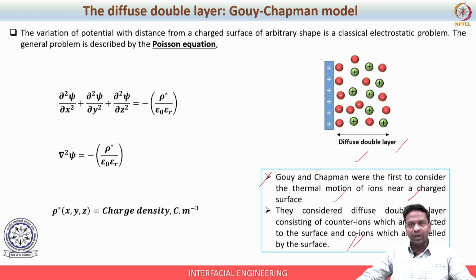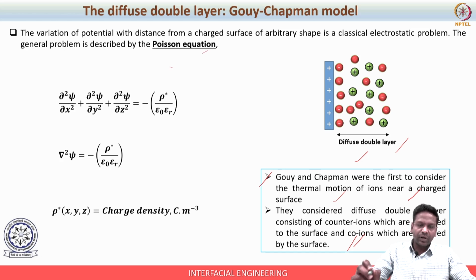Remember, we just described that there are three types of counter ions that we always encounter. One is strongly bound. The capacitor model considered only the strongly bound counter ions, whereas the weakly bound and diffuse layer was not considered. This Gouy-Chapman model, Gouy and Chapman, considered not only the strongly bound, they also considered the diffuse double layer. So if you incorporate the diffuse double layer along with the parallel plate, that means it is the Gouy-Chapman model.